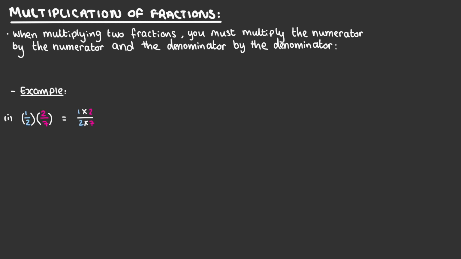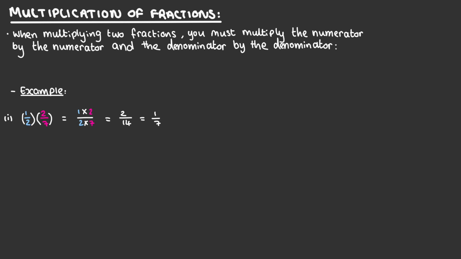You can see that this is equal to 1 multiplied by 2 and 2 multiplied by 7. 1 multiplied by 2 is equal to 2, and 2 multiplied by 7 is equal to 14. So our new fraction is 2 divided by 14, or 2 over 14. 2 over 14 can be simplified to its equivalent fraction, 1 over 7, by dividing the numerator and the denominator